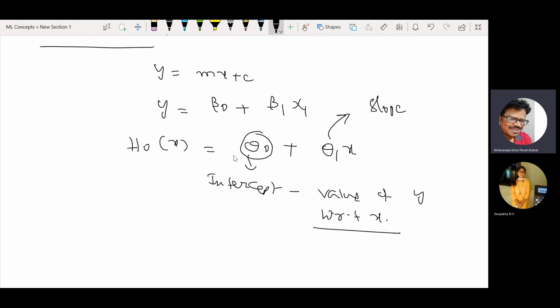Why I'm focusing on this explanation is that no matter whether you are doing polynomial regression, multiple regression, or linear regression, in all these kinds of regression this line equation remains the same. Maybe there are additional parameters like beta naught, beta 1, x1, beta 2, x2, beta 3, x3, and it goes on. But the ultimate intercept and slope remain the same, guys. Coming to the slope, slope indicates the steepness, how the line is leading, and whether it is leading negatively or positively.